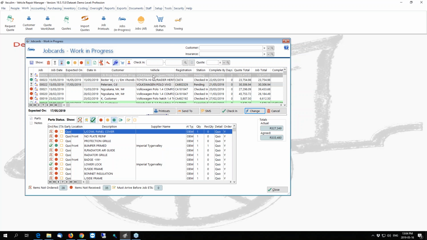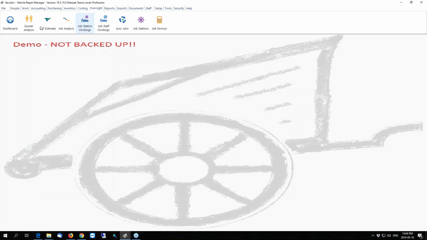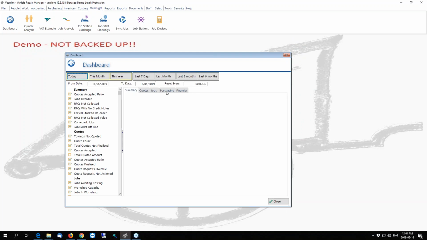So just to quickly go and show you the order and the RFC ETA date on the dashboard, where you would go to look for the information that we've just spoken about on the oversight tab. Let me close this one first. On the dashboard, if you go to the purchasing tab over there,